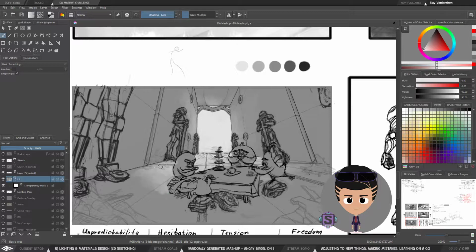By the way, right here is going to be, for the most part, dark. I'm just putting light first, then I'm going to...